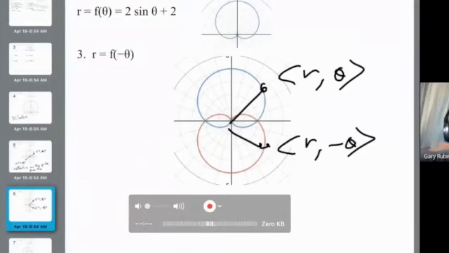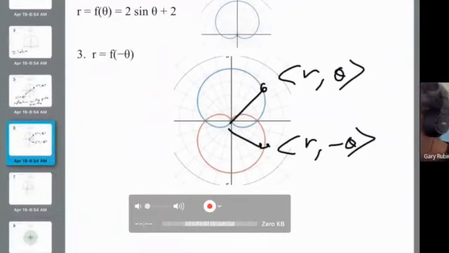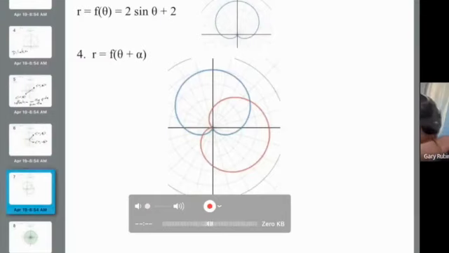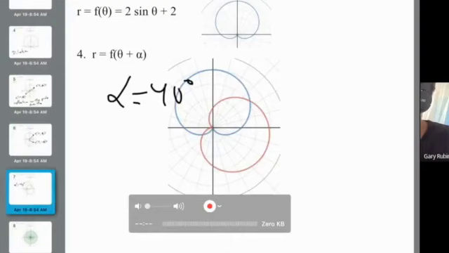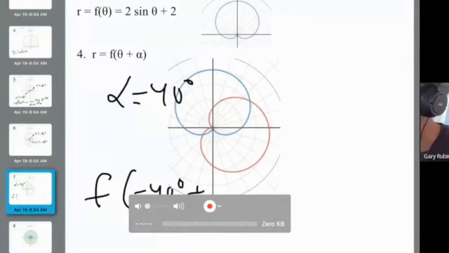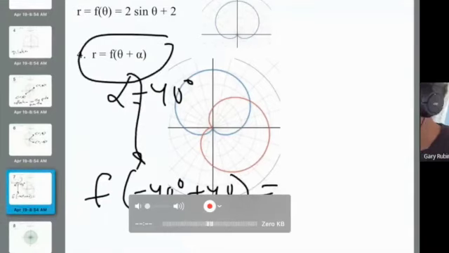So how about number 4? 4 is like the most important of the questions, I think. And I saw Talia say rotation. And that is exactly what happens. When you do a plus alpha, it rotates the whole picture by alpha degrees. And that's because, let's say that alpha is like 40 degrees. When you put negative 40 into this new graph, it ends up in the same place that zero